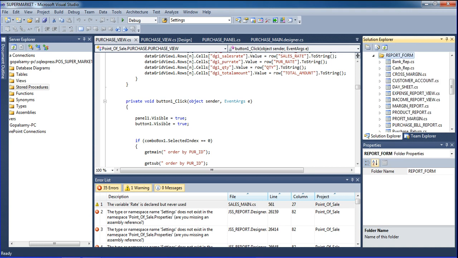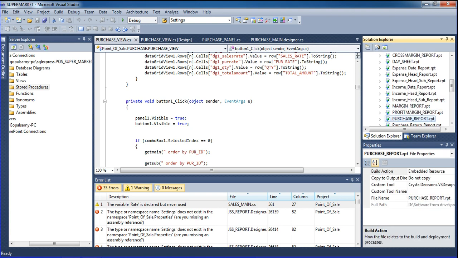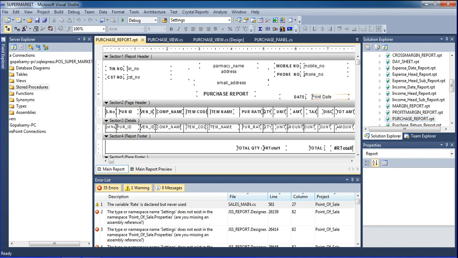So the purchase report, see, once again I tell you clearly, this is report. We want to add that crystal report form. So like this I added that 1 2 3. See, 1 2 3 how to add like that. I go to add this purchase report form. Okay, this form add and then design. This is the first condition. So first of all I want to add and then